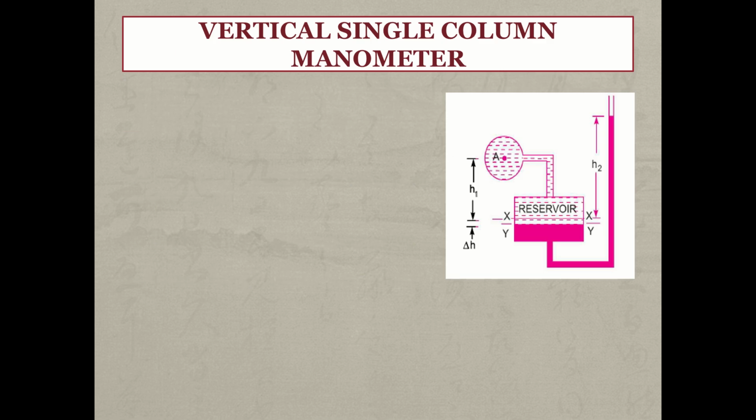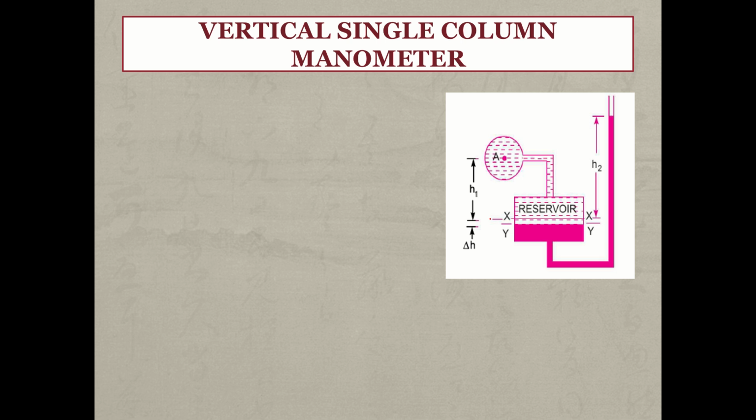Let's see them. The first one is vertical single column manometer. So if you see here, as I've just told, we have a reservoir set up here. Okay, again you have a lighter liquid and you have a heavy liquid. It's just a modified version of a U-tube manometer. So here we have